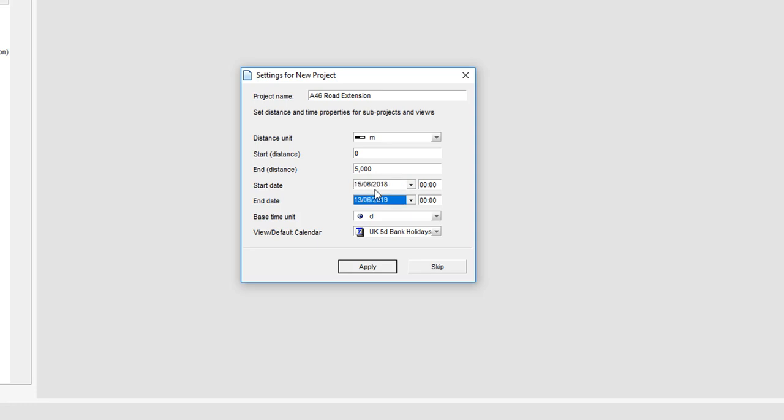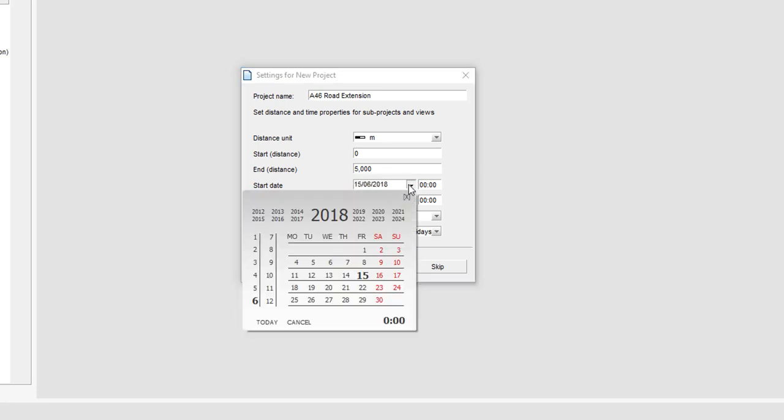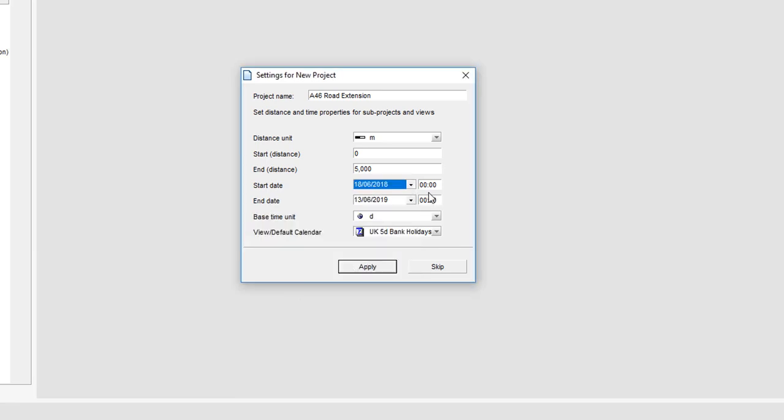Footprint of our job in time is defined here, so we can choose from a date picker what our start date is. We can choose any decade, any month, any year in a decade, any day. So we're going to start on the 18th, and time is an element important in Tilos because we can do very short projects like rail possession, so we're down to the minute, and the start date is a hard start